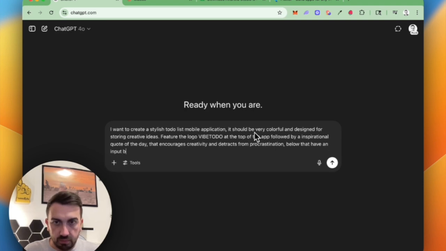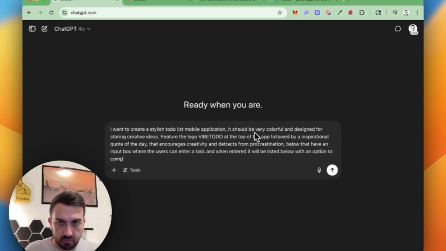Then we want to have an input box where the users can enter a task. So what we're doing is creating the list below the input, so that when a task is added, it will be added to the list, and there'll be an option to complete the task which will remove it from the list. Create an application mockup